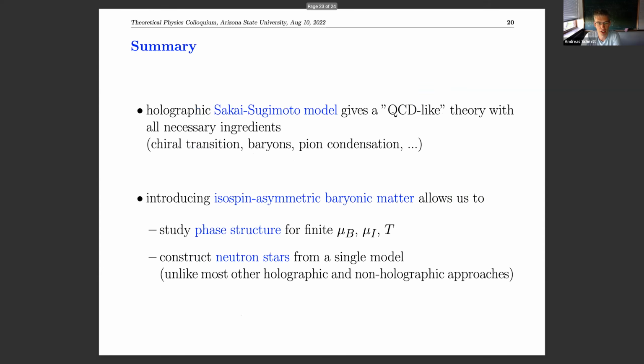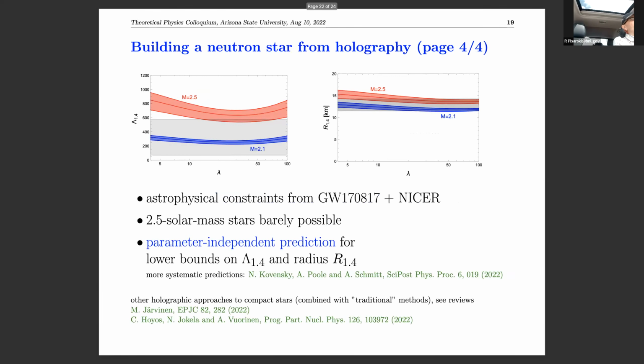In this particular model? In general, right? They keep getting heavier and heavier. There's now a 2.3 candidate, I believe. I think in this model, at least in this approach, we predict this wouldn't work. We can't get that high, given this plot I'm showing you here. We would be in conflict with other observables. More generally speaking, the same is true for many other models. So many other models would be in trouble if we did observe that. Yeah, no, I'm being deliberately provocative. Thanks. Very nice. Okay, thank you.